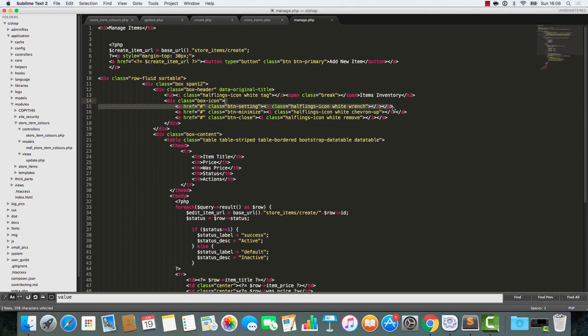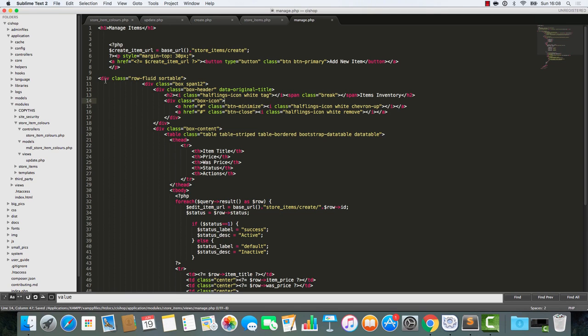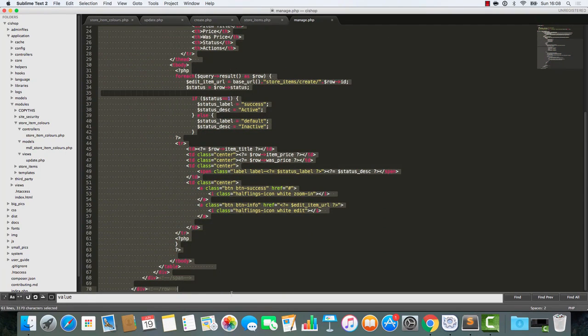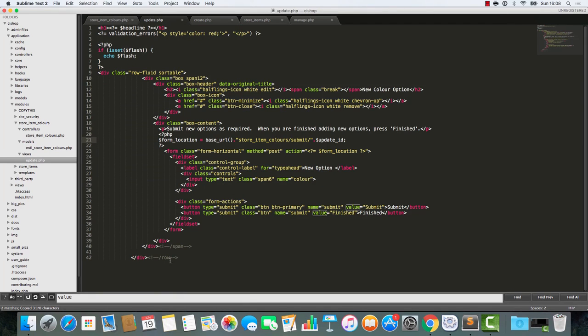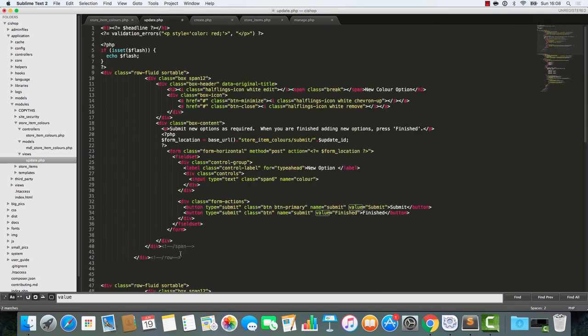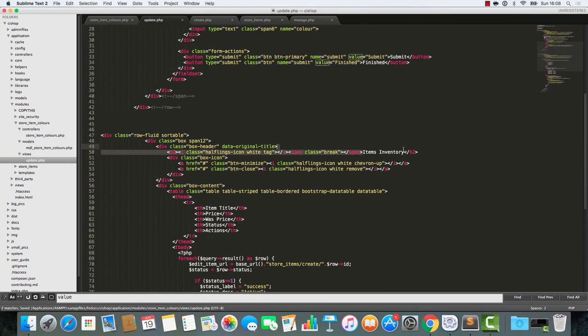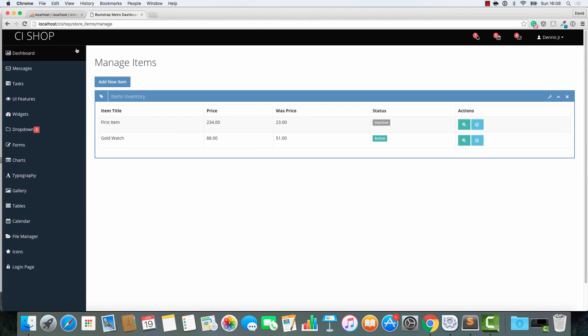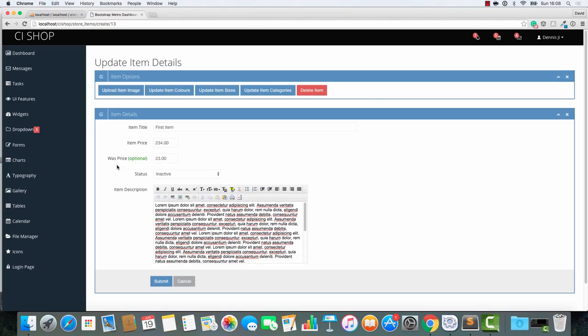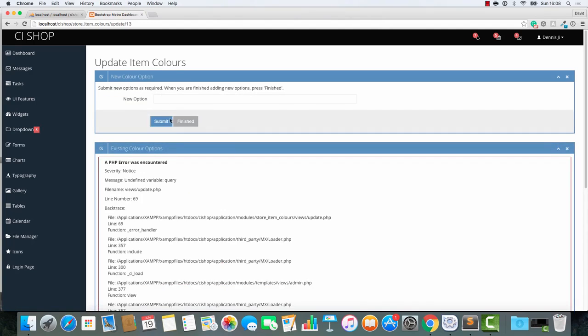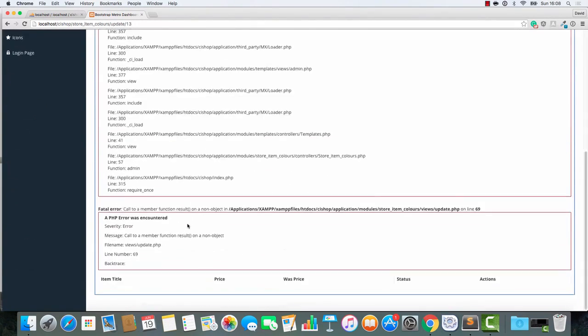I'm going to delete this silly little wrench because we don't need that. But apart from the wrench thing, this is not too bad. So I'm going to add this in here and I'm going to paste it right here. This is the existing color options, okay? Existing color options. And instead of a tag here, we'll have that edit thing again here, okay? So here we go. Update item colors, and it's trying to draw the table, but it's running into some errors,